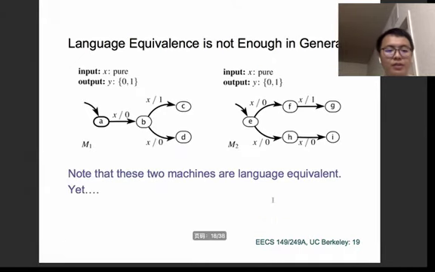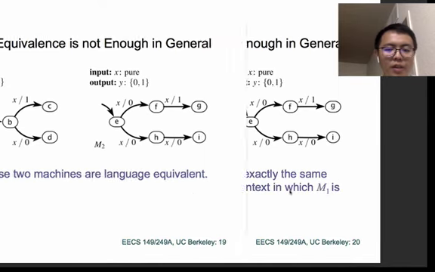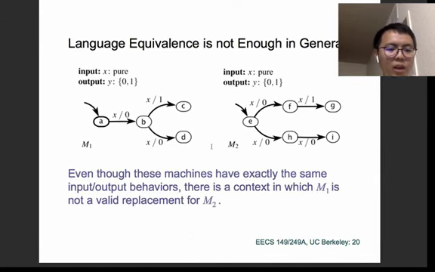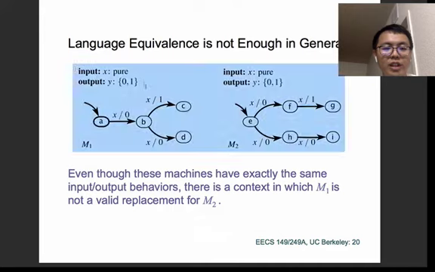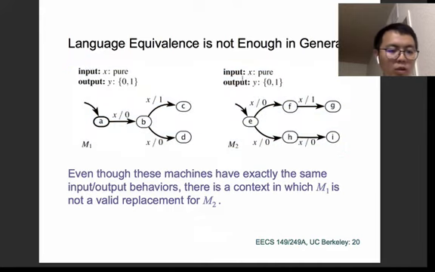But if we have a non-deterministic machine, the researchers said that the language equivalence is not enough in general. Here is an example. Even though their languages are equivalent, which have the same input and the same output sequence,